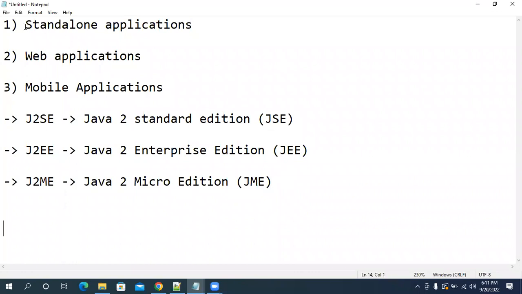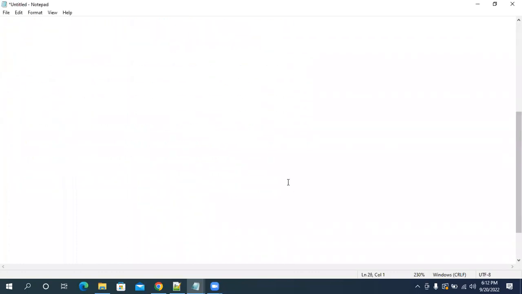We discussed that we can develop standalone, web, and mobile applications by using Java. Later we discussed when Java came into the market.